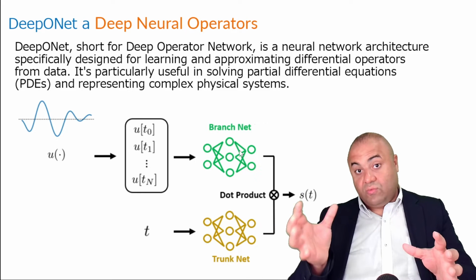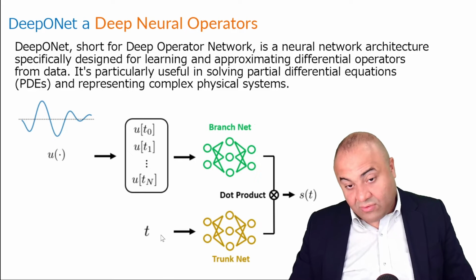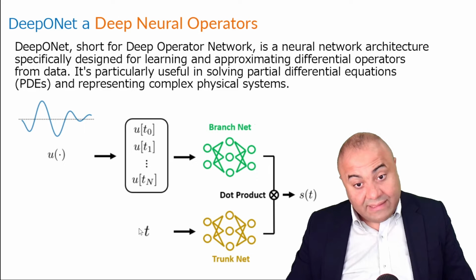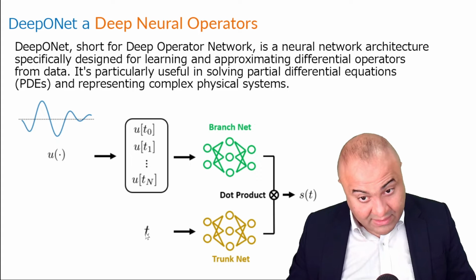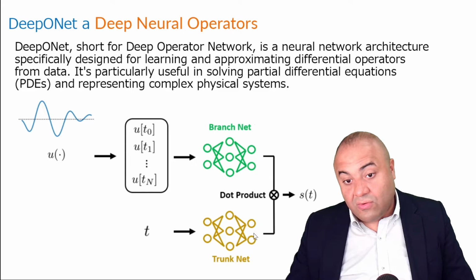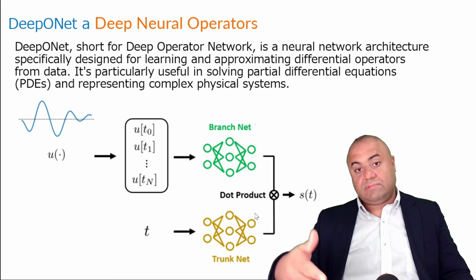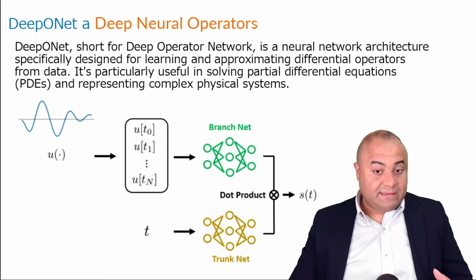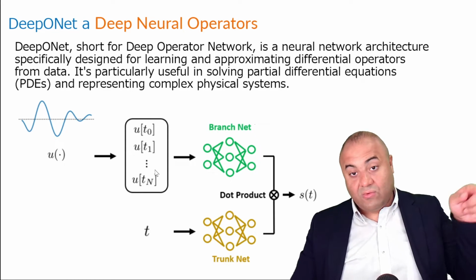On the other hand, you will go to the location you want to calculate this number. Of course, in our usual case, we will have x and t. So we will get these at the location in which you are trying to get the value, based on this initial condition, and it's going to go to the trunk network. These two networks will give us some latent space, which is just numbers that represent the input location you want and the whole system, or the whole initial condition.